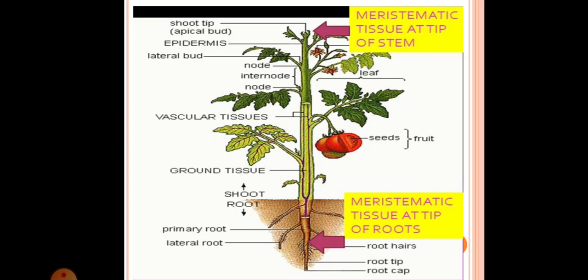And once the embryo establishes itself in soil in the form of a seedling, new cells and organs are produced by differentiation and development process. The new cells are produced by the active cell divisions and enlargement of newly produced cells in specific regions. These are called meristems. So here you can see the meristem.